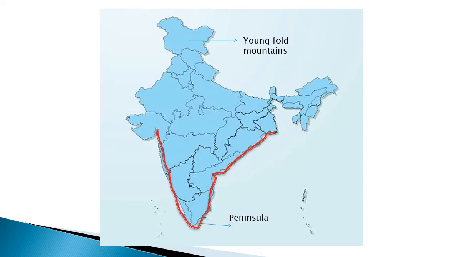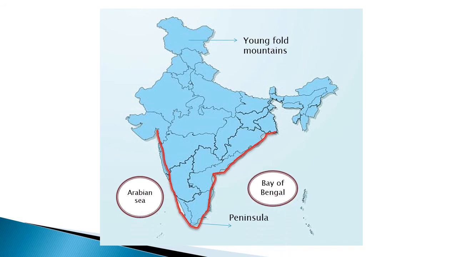As we all know, the northern part of India is covered with mountains, and the southern mainland of India has extended itself into the Indian Ocean and has divided it into two water bodies, that is Arabian Sea and Bay of Bengal, forming a peninsula. Children, we all know what a peninsula is as we have studied it in earlier classes. So the Indian Ocean has been divided into two water bodies, Arabian Sea and Bay of Bengal, because of the southern extension of the land of India.